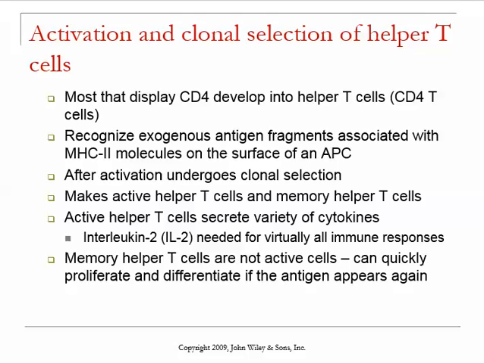So that would be like a macrophage, or a neutrophil or a dendritic cell that has ingested the antigen pathogen. And then when it becomes activated by the antigen presenting cell, it undergoes clonal selection. It makes a lot of active helper T cells and memory helper T cells to that specific